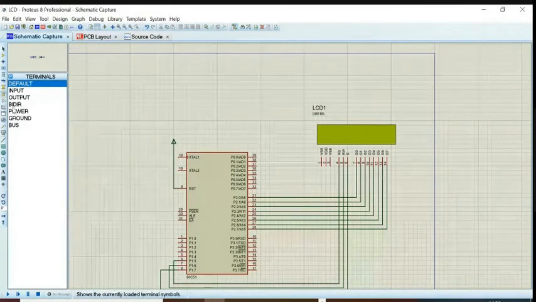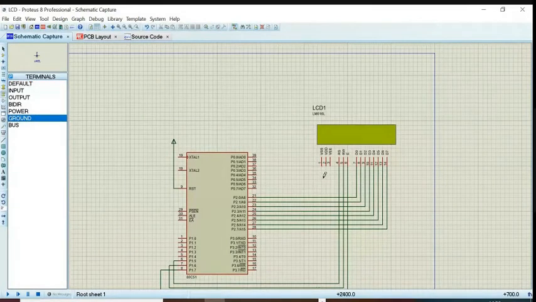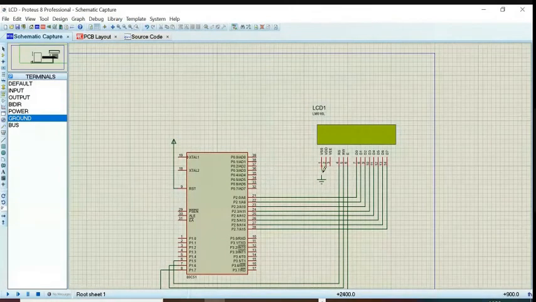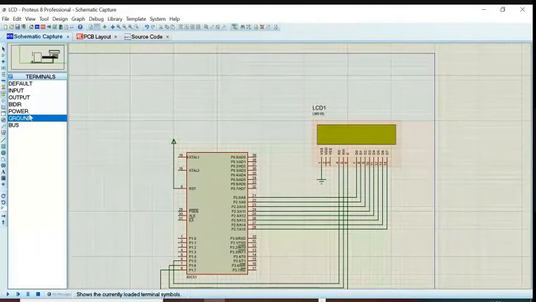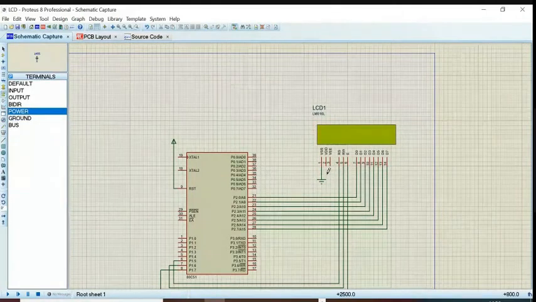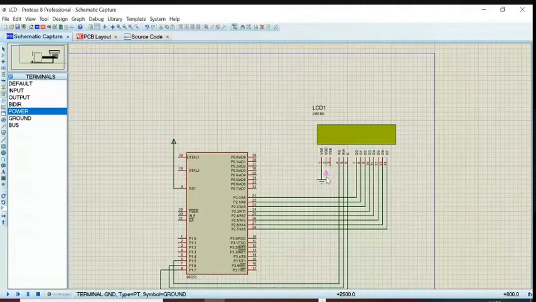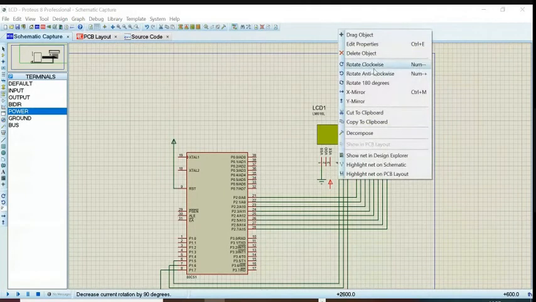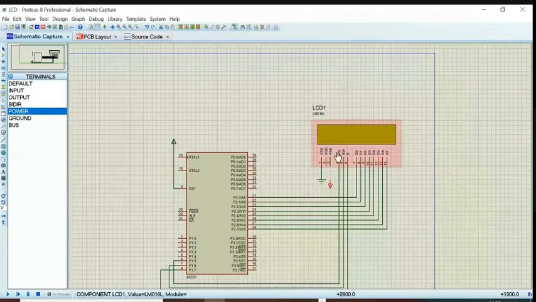Terminal mode. Ground. Okay. Next VDD. Power.